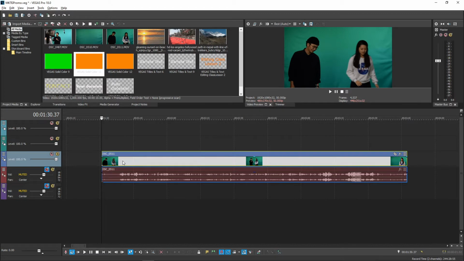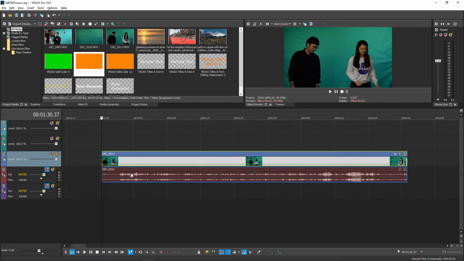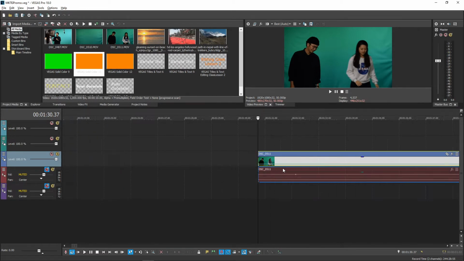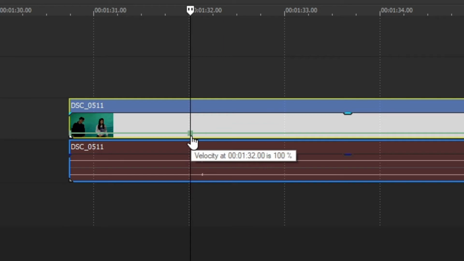The first examples I'd like to look at are the video and audio envelopes. Remember those? Let's add a velocity envelope to our video track right now. We can use keyframes to make the video gradually speed up or slow down. To add a keyframe here, you can simply double-click on the green line. So again, keyframes mark the beginning and end points.